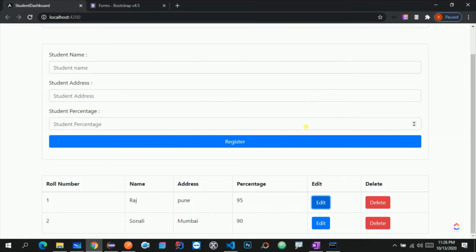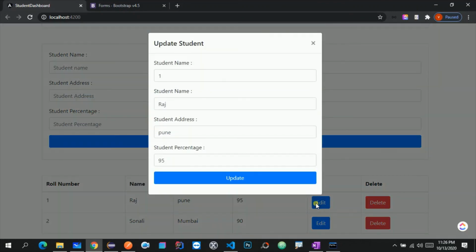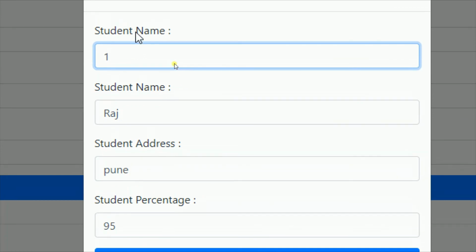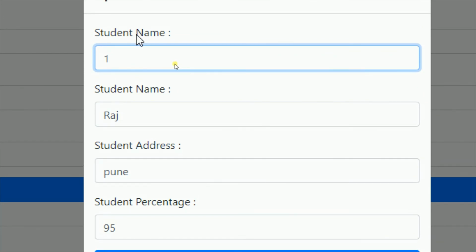And one more thing that we need to remember is that whenever we click on the edit button, we should not allow the user to change this roll number, because roll number is an ID of the table, and we cannot actually change the roll number. So we just need to disable this field. And also over here I just observed that I have not changed this label text.